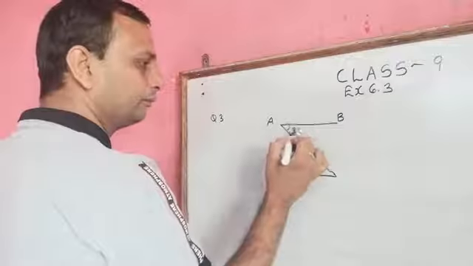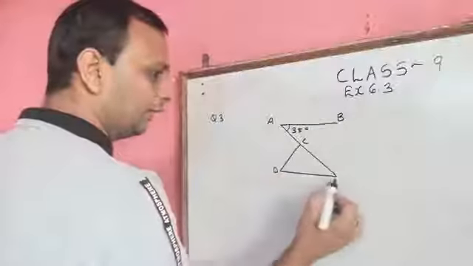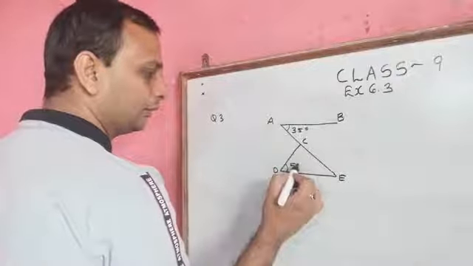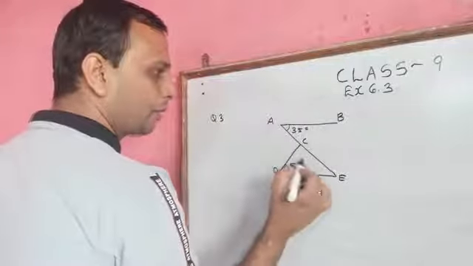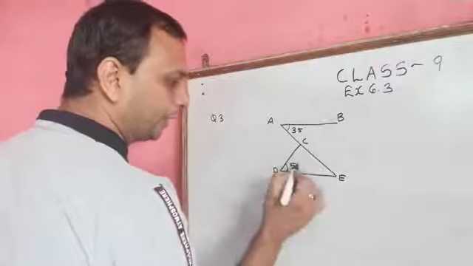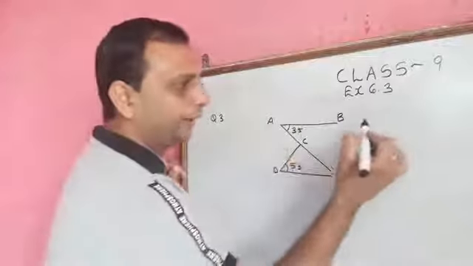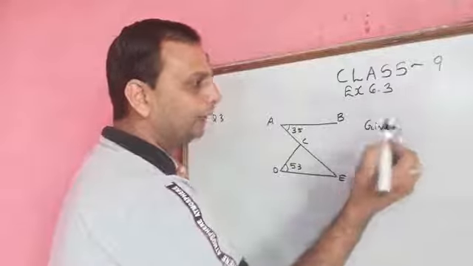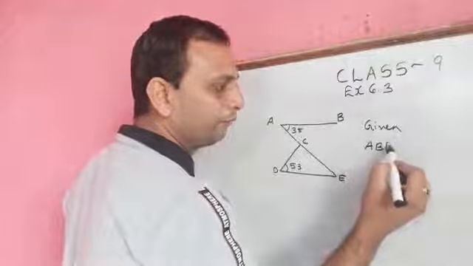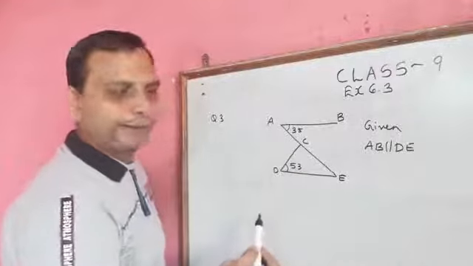Writing 5 degree, and this is C, this is D, and this is E. This angle is given as 53 in the question, and we are supposed to find the value of DCE. This angle value we have to find. And one more thing given in the question is that the lines are parallel to each other, AB is parallel to DE. If lines are parallel, then the question becomes easier, because we can use the alternate angle concept.